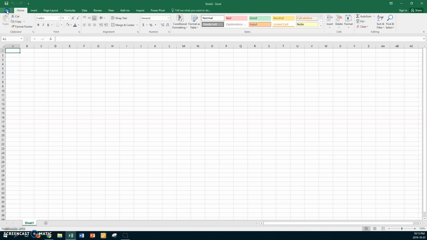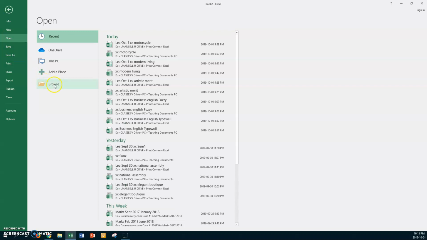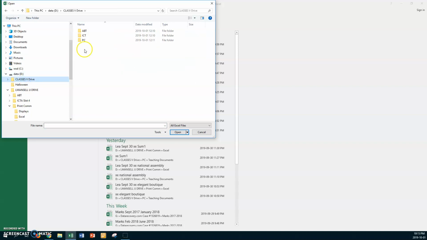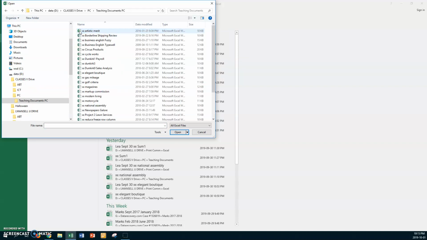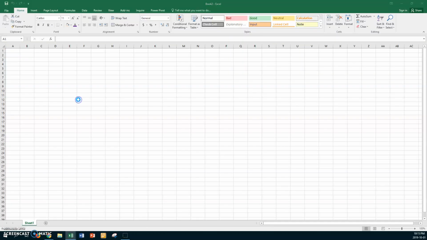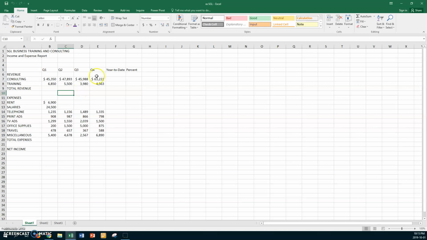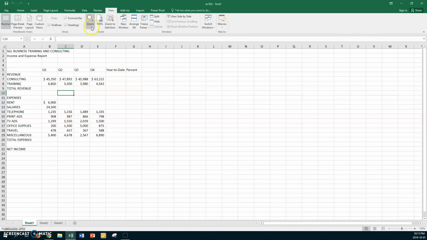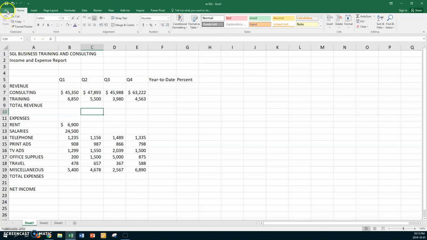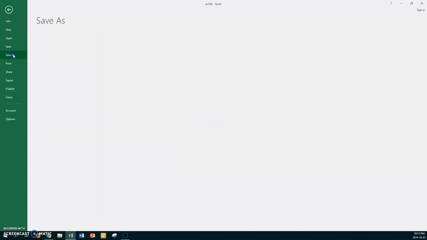So let's go to File and go to Open, go to Browse, and we want to go to your Classes drive. Go to PC and go to Teaching Documents and open up the one called SGL. So open up that file, and the first thing we want to do is go to View, Zoom, and put in 140. And now we want to save it, so we want to go to File, Save As, and